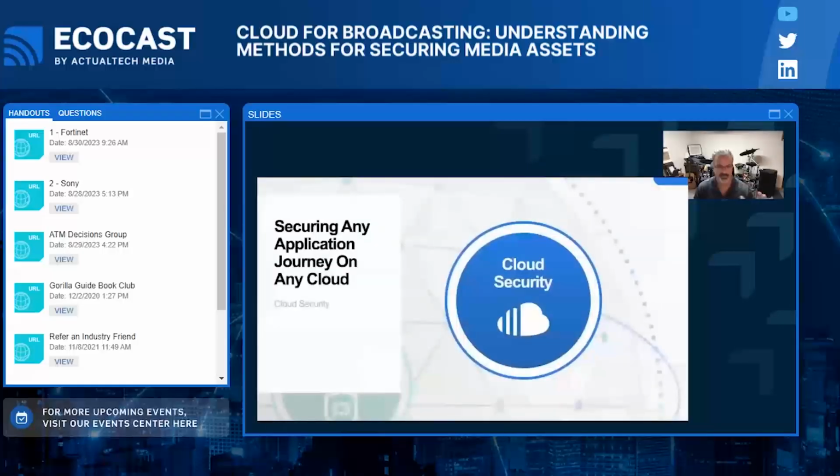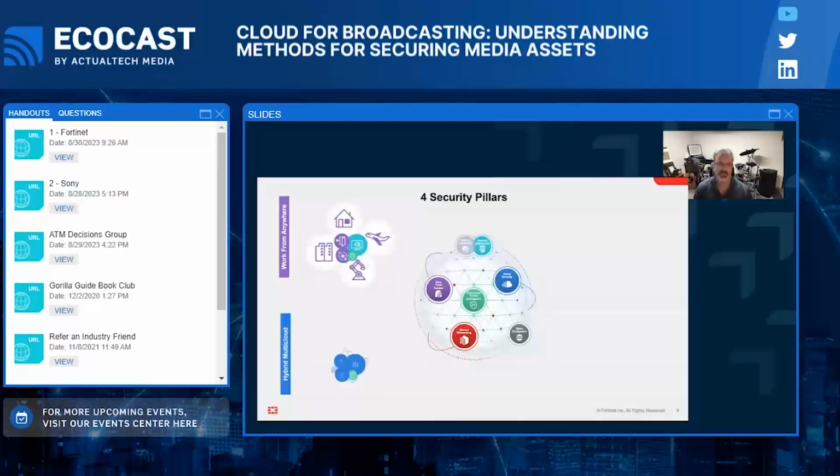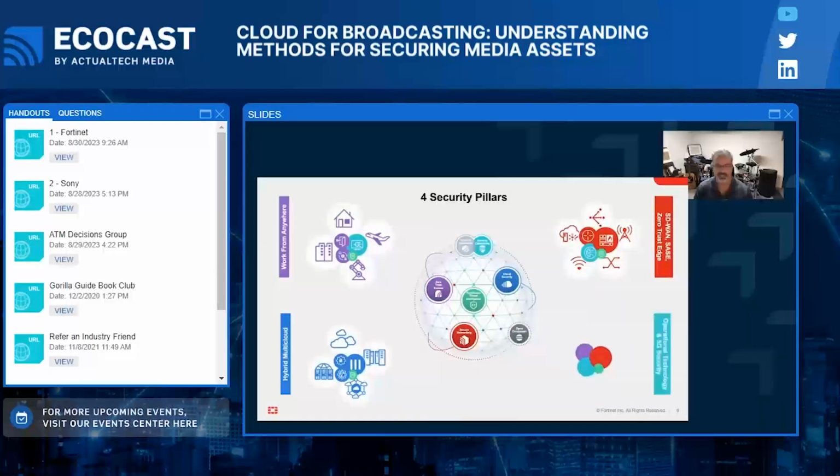So we're talking about securing an application on any cloud, but realize that the application, the data, is more than just the code or the thing that you interact with. It's the data, it's the storage, it's the network, it's all those things that come together. And so when we, Fortinet, look at security from an overall perspective, this doesn't have to be the cloud, but